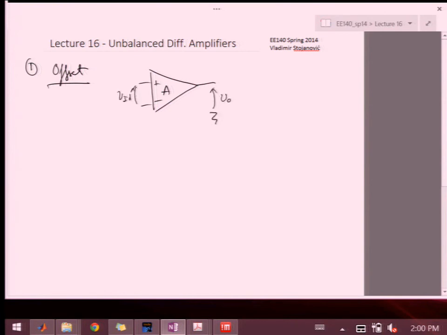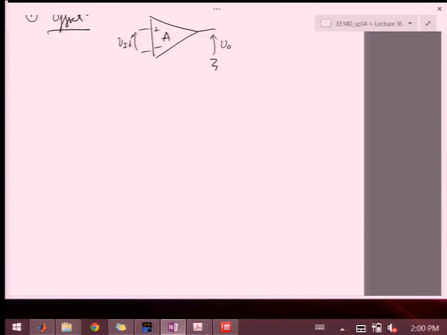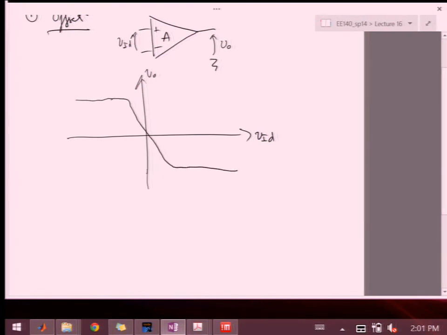This is the VO. And if you look at what we already did in context of biasing, but if you look into just the transfer function for a diff pair, we would expect something that looks like this, where we said that this was the input range,